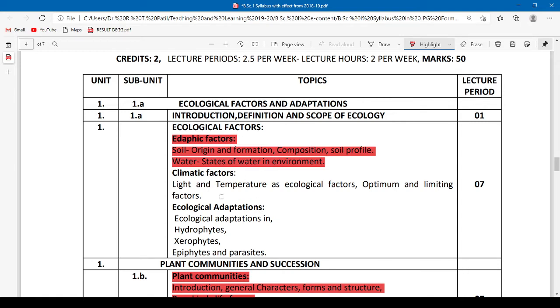Out of these three topics, the first topic, that is edaphic factors, soil origin and formation, composition, soil profile, water, states of water in environment, is not to be considered for the examination point of view for this semester